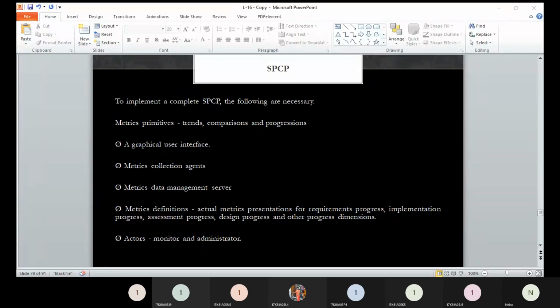Monitors are also called the roles and responsibilities that we give, so the roles of the organization come under monitors. The complete display is called a panel, in which different charts showing progress, trends with respect to time, pie charts, and tabular formats will all be presented in the SPCP dashboard. I hope you got clarity on what SPCP is, how it works, and what the two important actors of SPCP are.